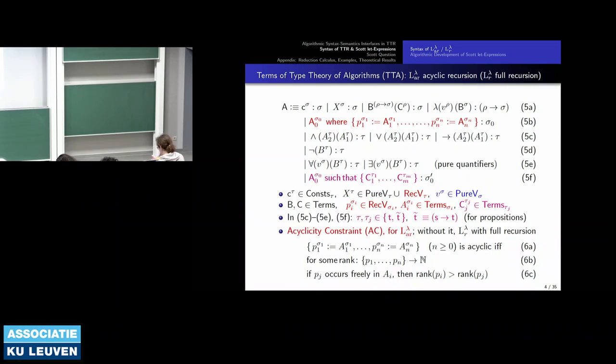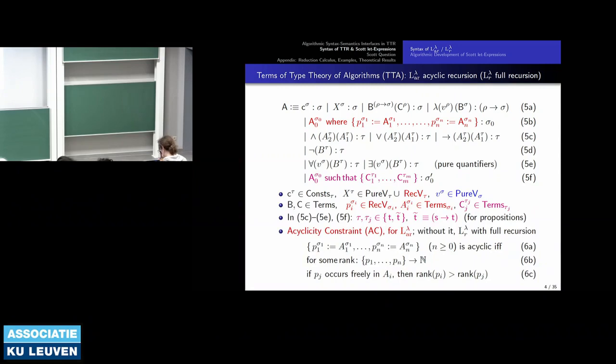So this is actually the system from 5A to 5F. This is a system for full recursion. So it's a formal language for recursion. Recursion theory is not typically a formal language. Recursion theory is a mathematical structure of spaces of functions. They can be typed, but those are purely semantical objects. This is a formal language that models recursion theory, represents it formally with a formal language.